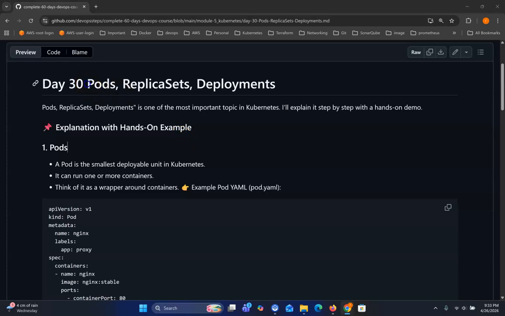In today's video, we'll discuss what is pod, what is replicaset, and what is deployment, and we'll show you everything